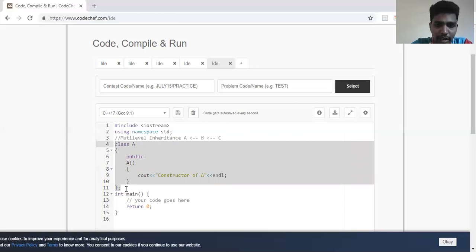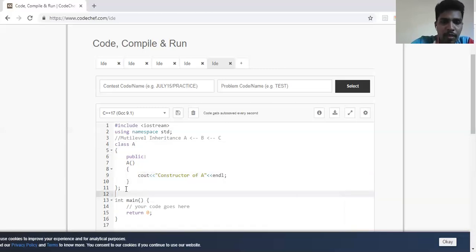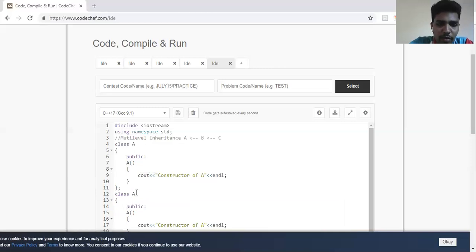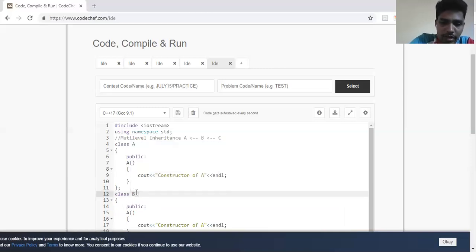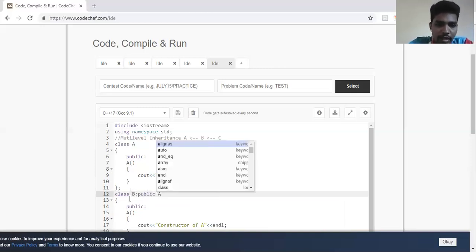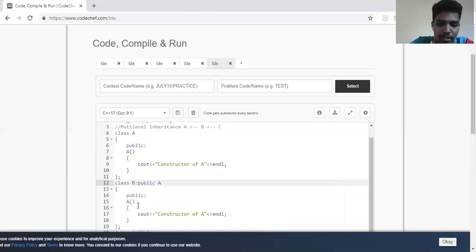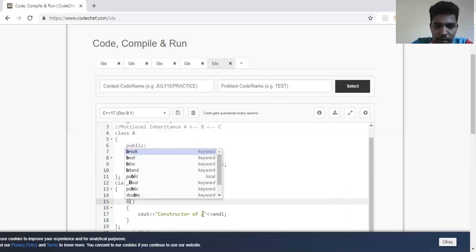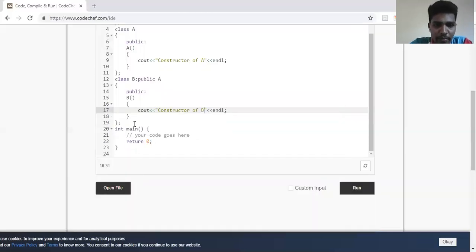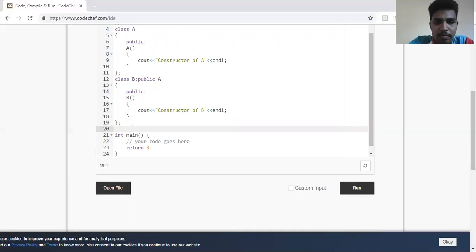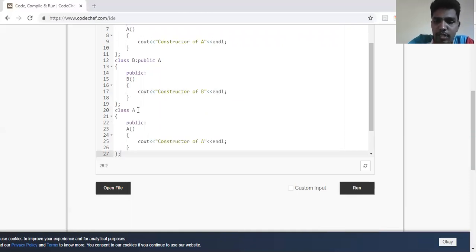So now we'll create class B. Okay, so in the class B, what we will do is we'll inherit class A. So we'll inherit it as public A. Okay, and then in class B, I'll have a constructor for B, and I'll just print a statement saying that it is constructor of B. The same way, I'll have class C. Okay, so what should class C do?